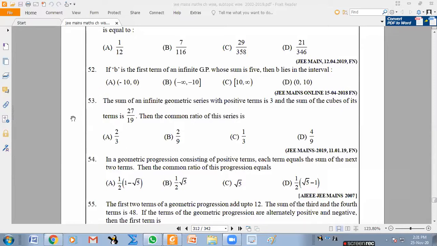Sir, if closed interval 0 to open interval 10, it is the same. Why closed interval 0? If it is given and the open 0 to 10 is also given, what should we choose? No, they gave open 0 to 10 except 5. I'm talking about 5. I'm not talking about closed or open here. 0 and 10 are definitely open only, no doubt about it. Is it okay? Yes, sir. Okay. If they give this and that, this is the more apt answer. Okay, up to 55. Anything else?